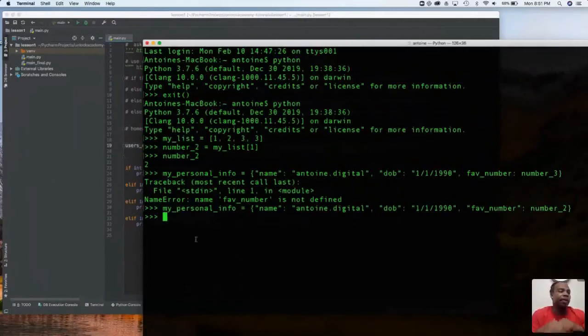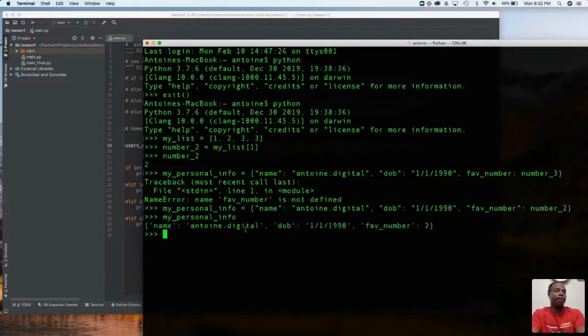Okay. So now this is our dictionary, right? We just set up a dictionary, and this has our info in it. As you notice, I could just get a little bit more in here in different data types. You see I have in here a string, another string, because my name is a string, Antoine.digital. Date of birth is a string, but fave number, I actually save this as an integer because it's going to be equal to the number 2, right? So if I type my personal info,